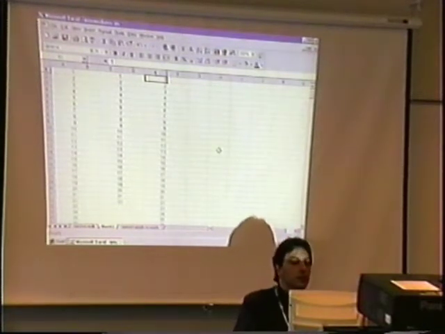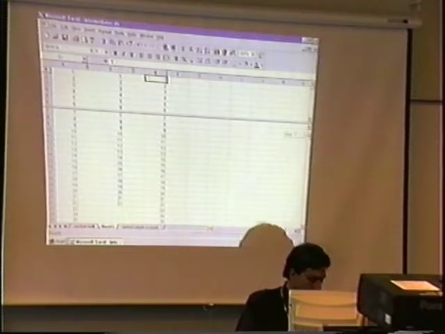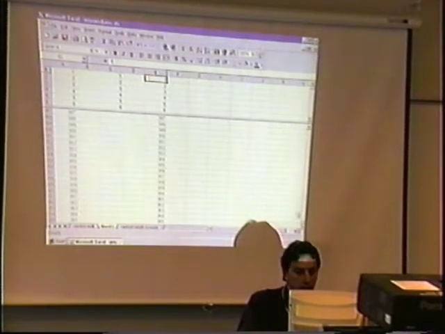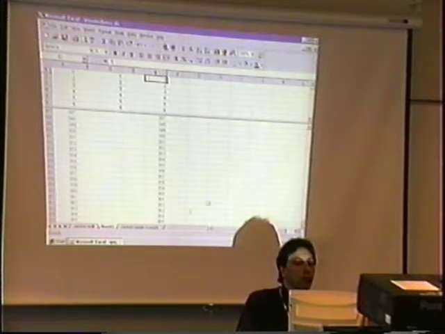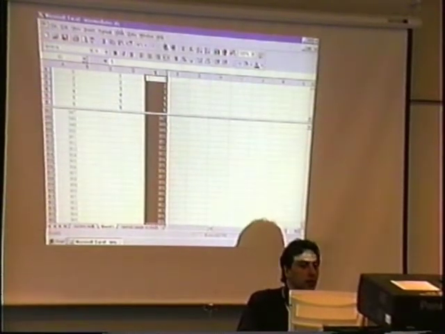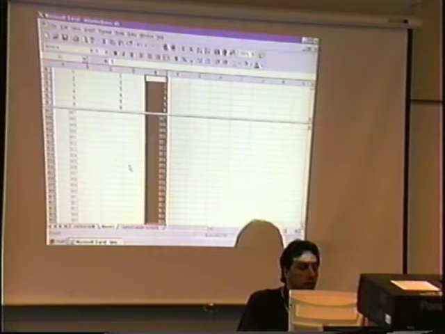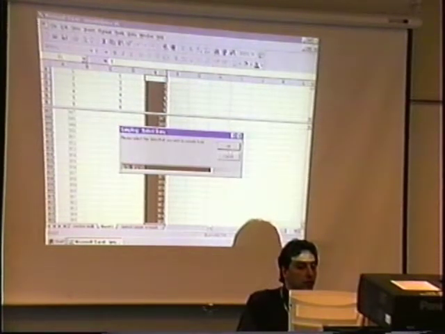Okay, so we have three different ways of getting the numbers from 1 to 365. That's the easy part. Now what we want to do is repeatedly sample from this. So we select those cells, and then we go to our sampling add-in in the Tools menu, SRS, Simple Random Sample, and the